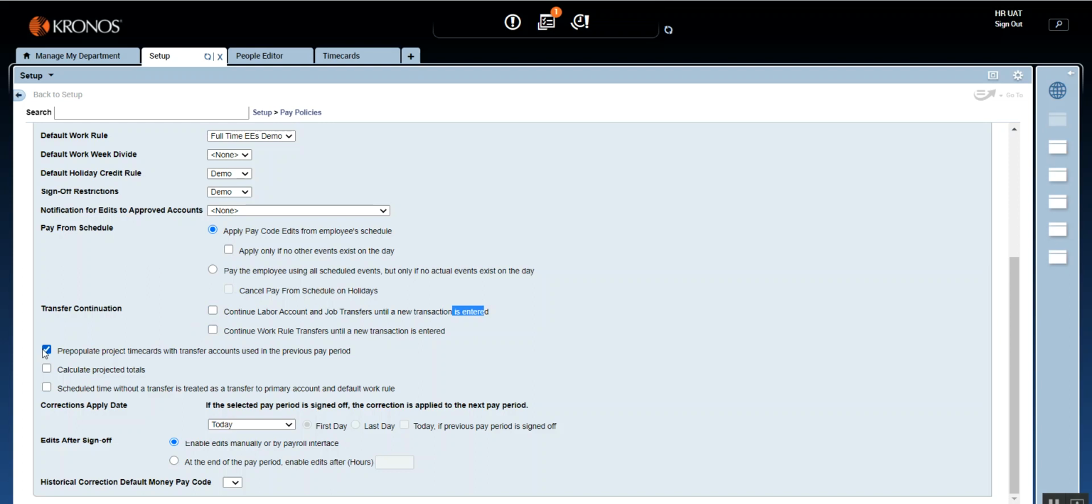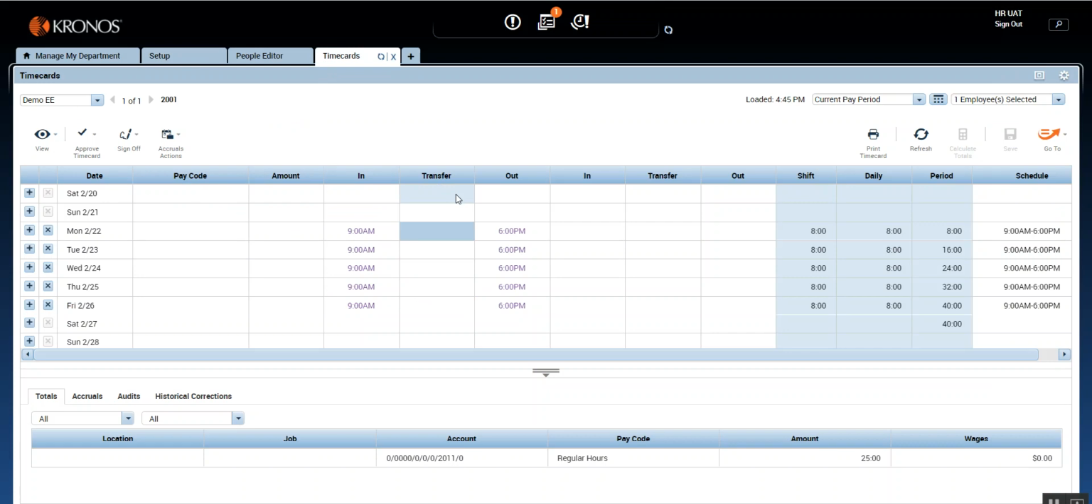And then you have this option called pre-populate project time cards with transfer accounts used in previous pay period. So this one is saying project time cards. If you remember, project time cards. So this time card has a name. Some of you must be knowing, it's called hourly view time card, right? And then likewise there is another type of time card which is called project view time card, especially used for